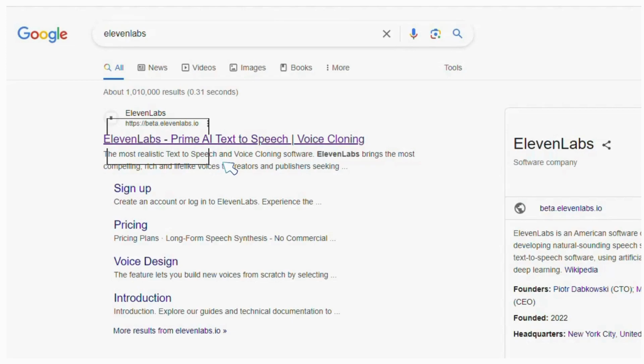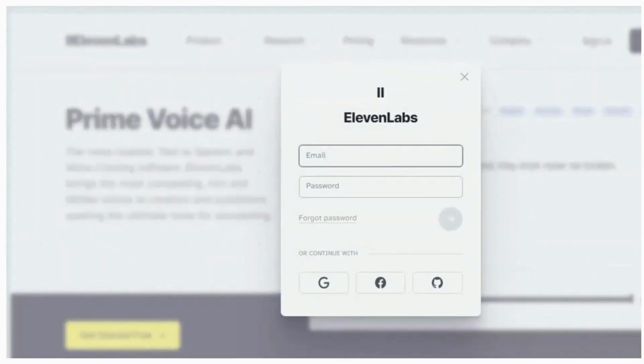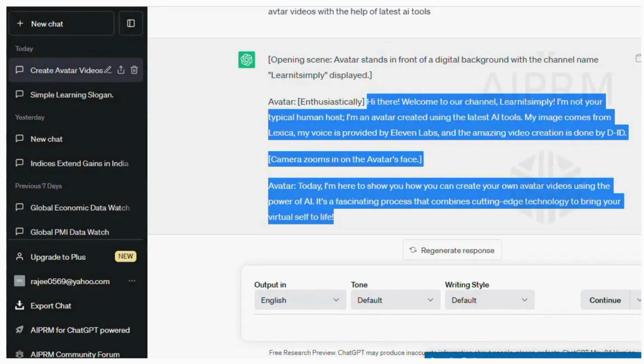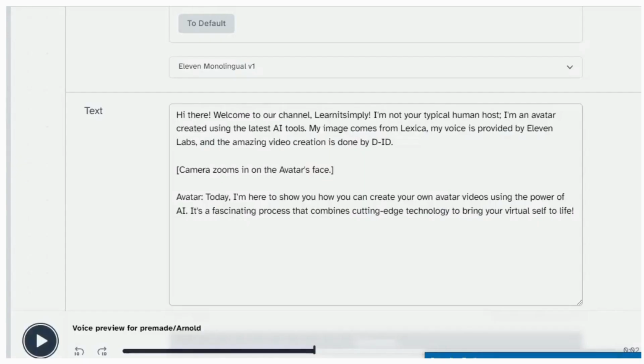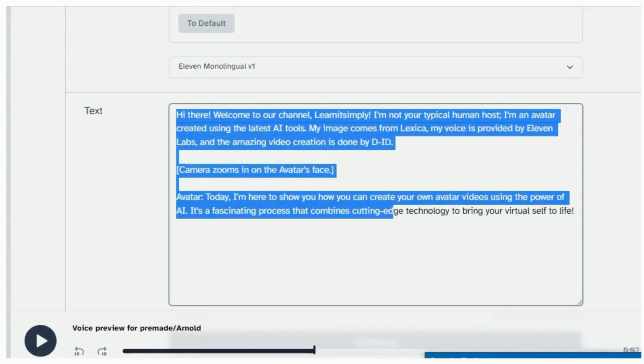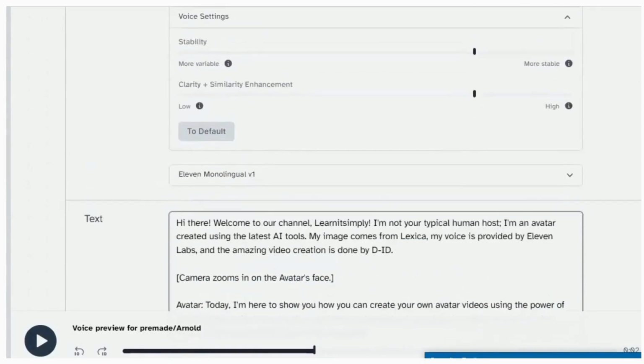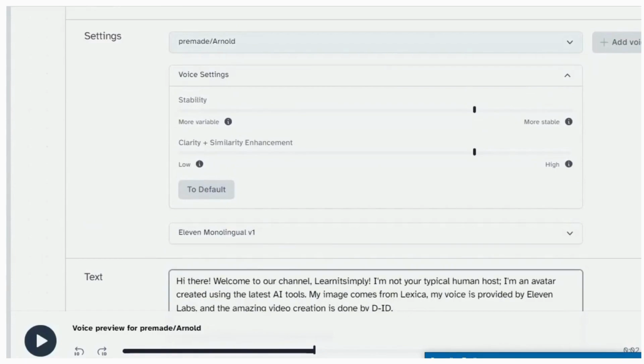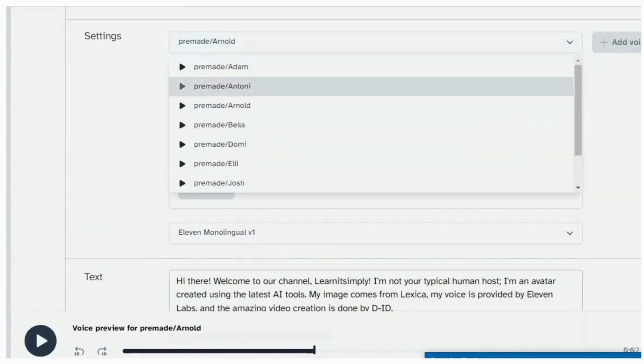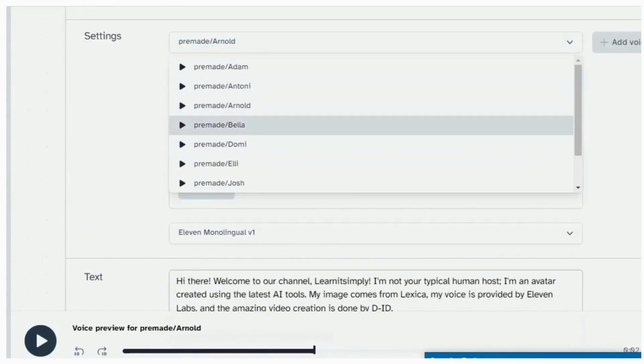To generate voice, search 11 Labs in Google, select the first site 11 Labs Prime AI Text to Speech. Sign up. Copy the script from ChatGPT and paste it here. We can preview the voice generated. Here we can adjust the settings as per our choice, like voice,